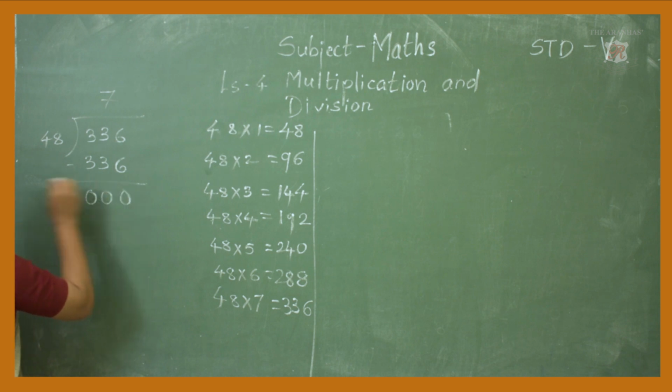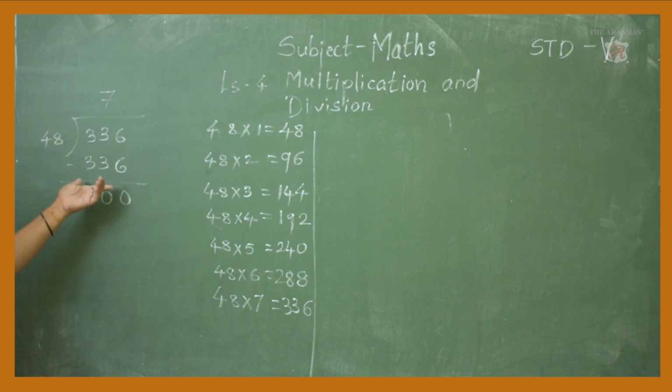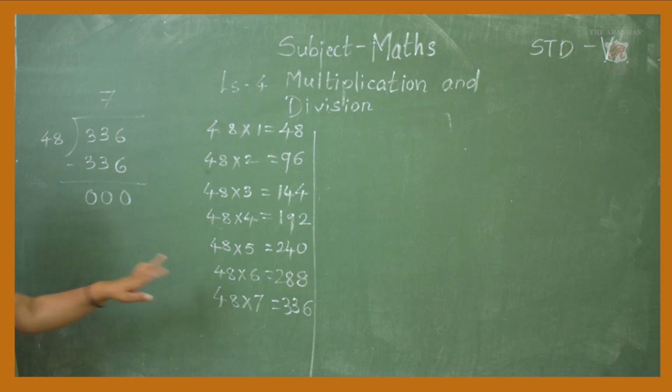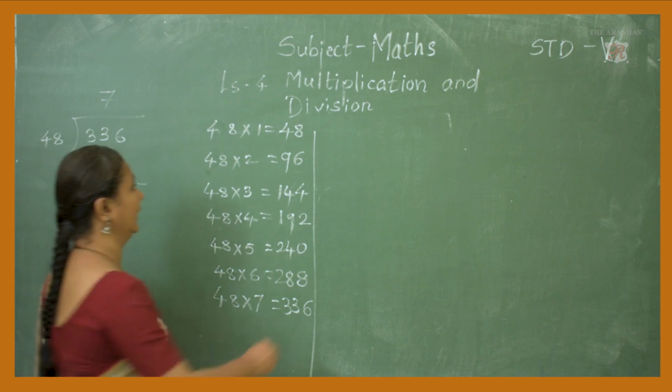No need to do the calculation by this method. You can take it, but if you solve directly, then also it is okay, because in the table of 48 there is 336. Otherwise we are solving like that. Here